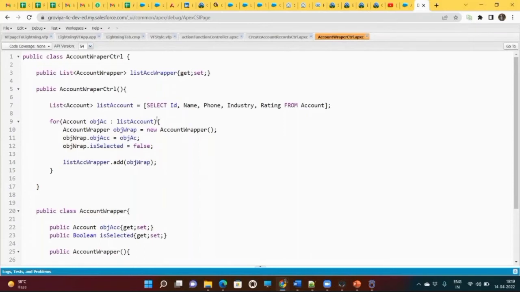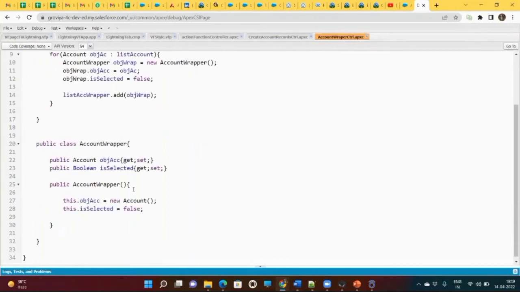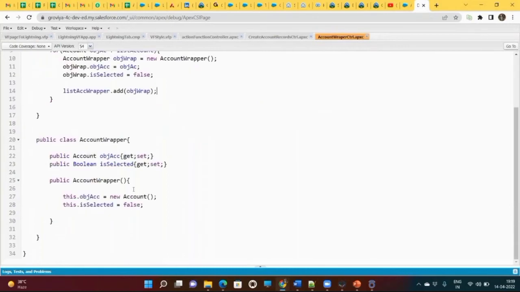Okay. So again, let me explain what I'm doing. I'm creating the wrapper class. We use a wrapper class when we want to deal with different kinds of data together, or in a similar fashion. When we want to store different types of data in a Salesforce org, we create objects,